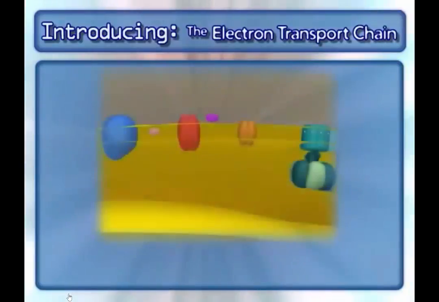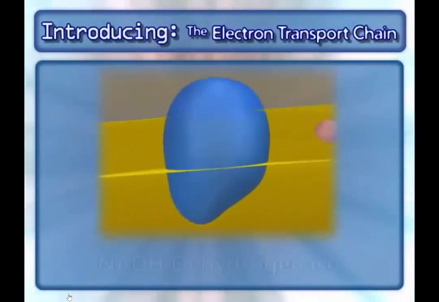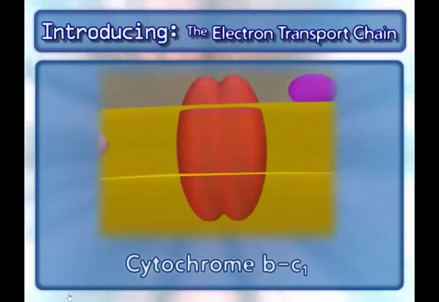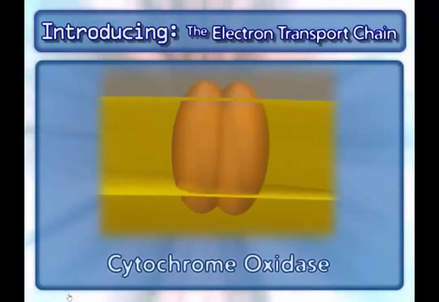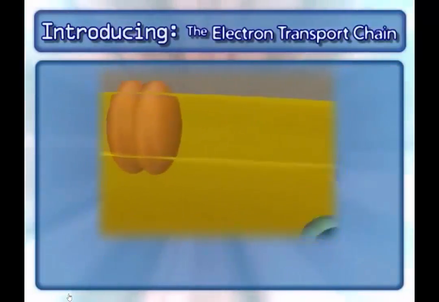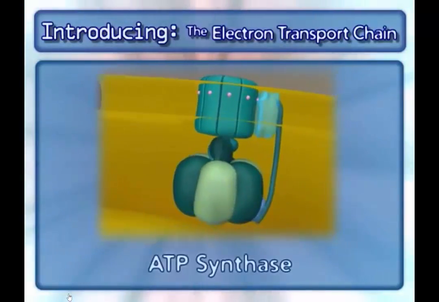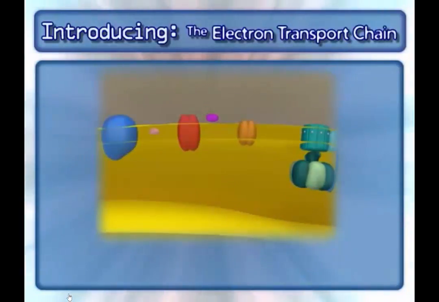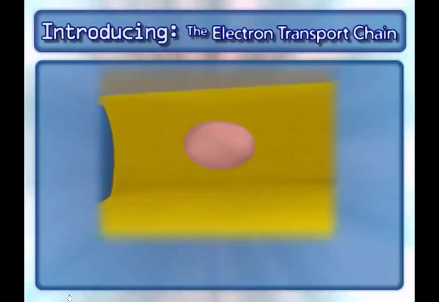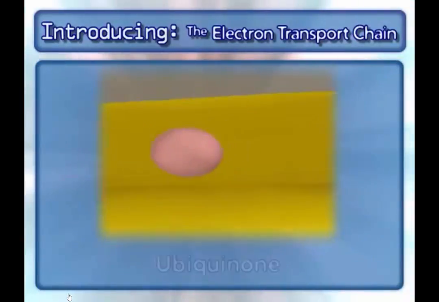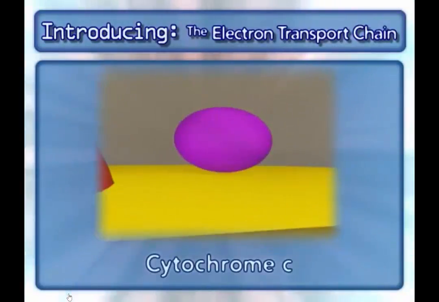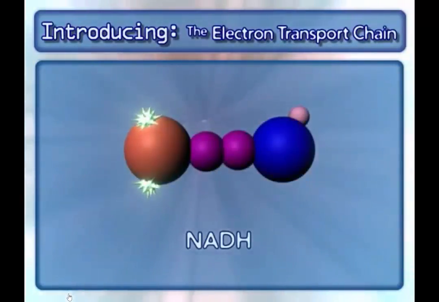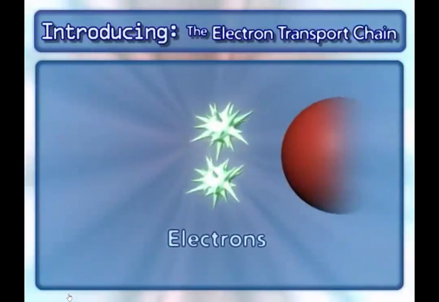The following complexes are found in the electron transport chain: NADH dehydrogenase, cytochrome BC1, cytochrome oxidase, and the complex that makes ATP, ATP synthase. In addition to these complexes, 2 mobile carriers are also involved: ubiquinone and cytochrome C. Other key components in this process are NADH and the electrons from it,